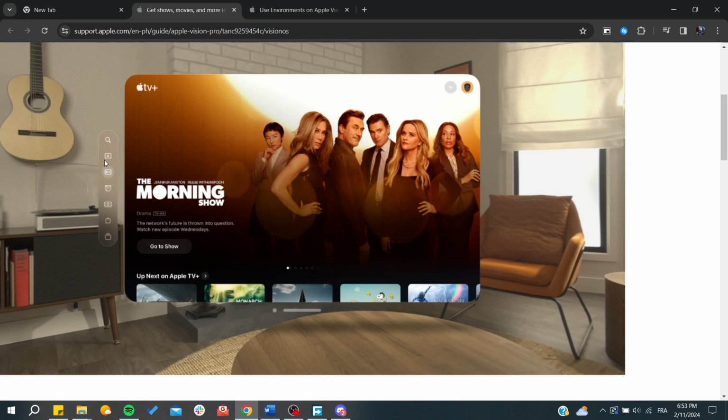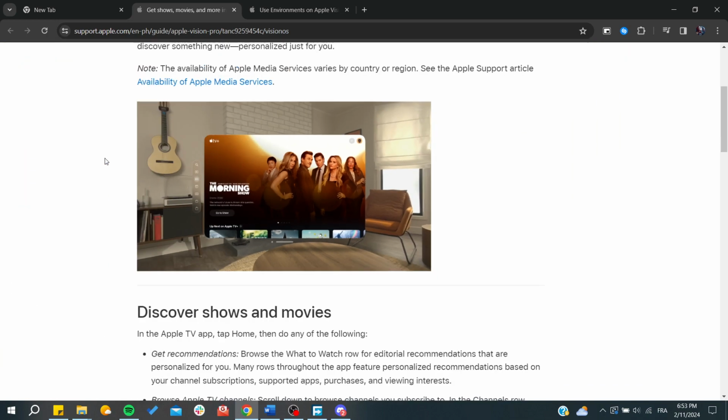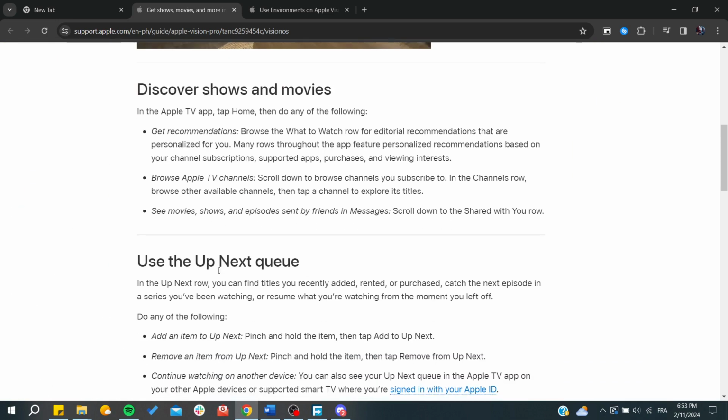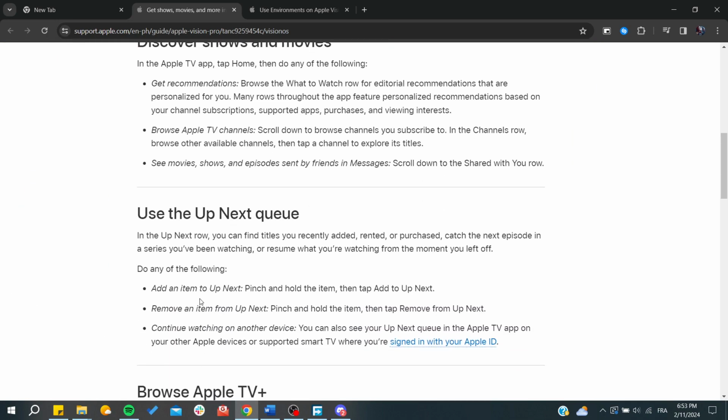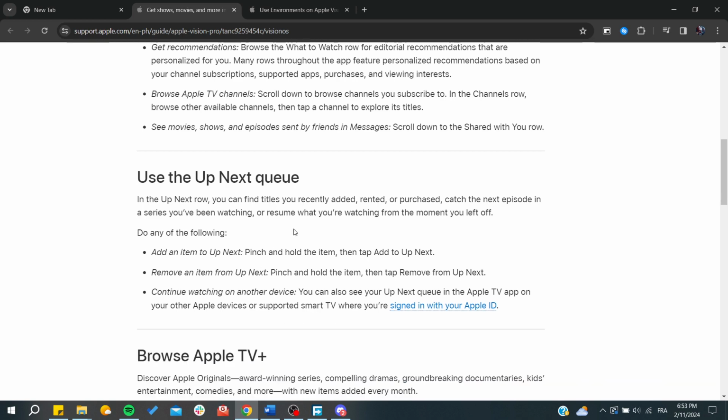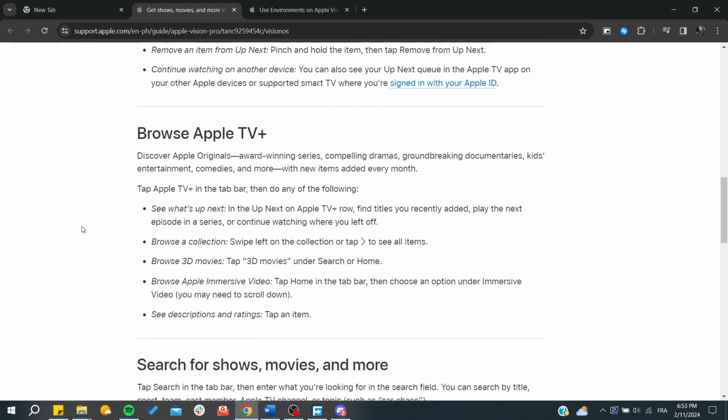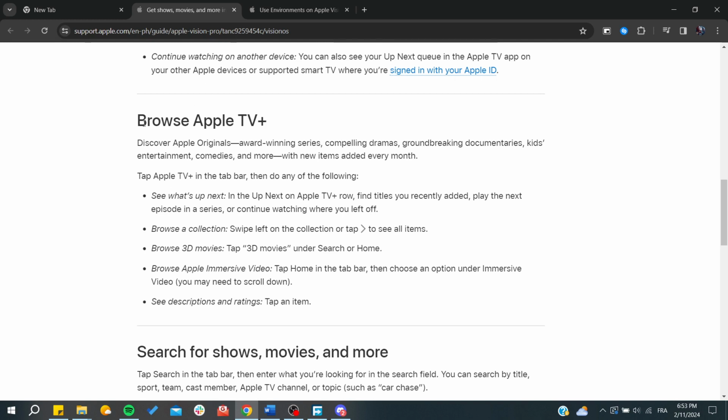So basically you can just go here to the play queue or use the Up Next queue, so you can start adding an item to Up Next and hold the item and tap Add to Up Next, so you can start watching any series that you would like or resume what you are watching from the moment you left off. Also, as we saw, you can browse the Apple TV Plus and start seeing whatever